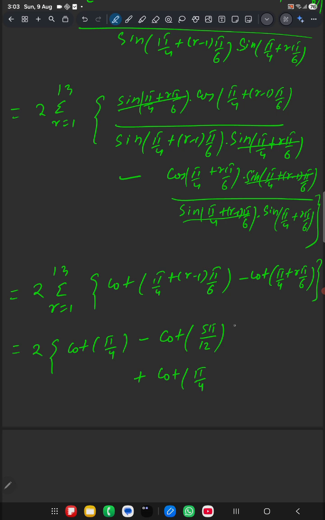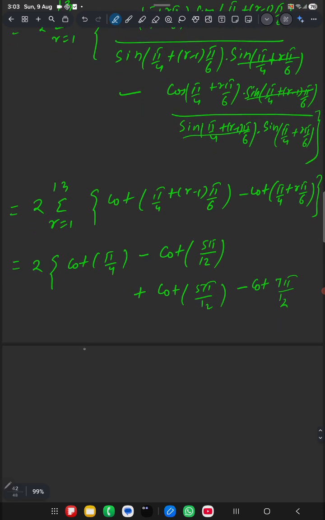In the next term, when r is 2, this will give you cot of pi by 4 plus 2 minus 1 pi by 6. So again LCM is 12, so I can write it directly that this will also be 5 pi by 12 minus cot, when r is 2, so 2 3 are cancelled, so cot 7 pi by 12 you will get, and similarly plus dash dash dash plus at last you will get cot